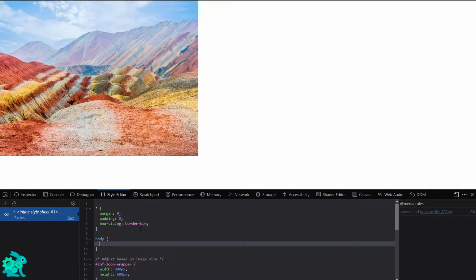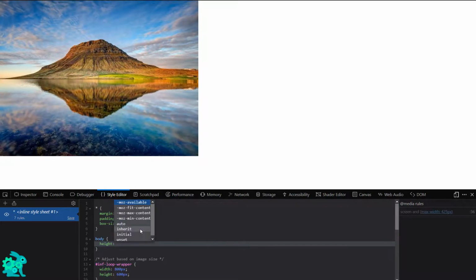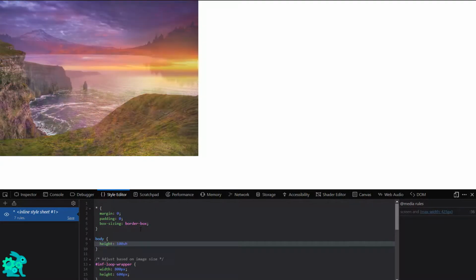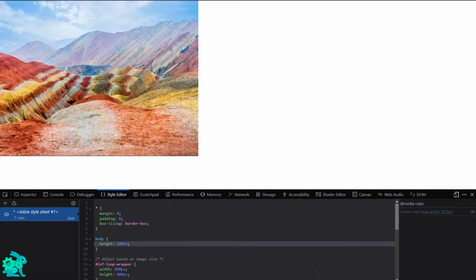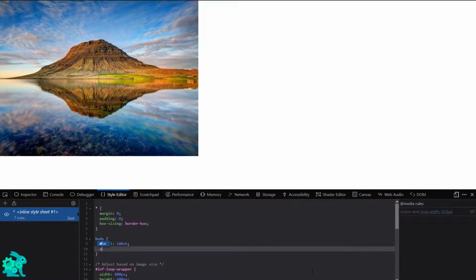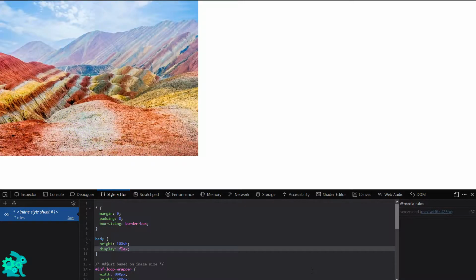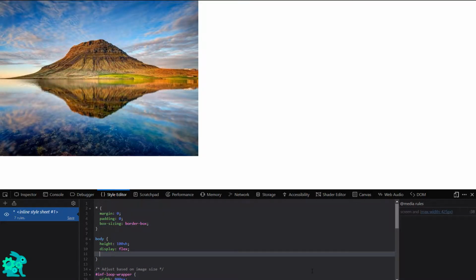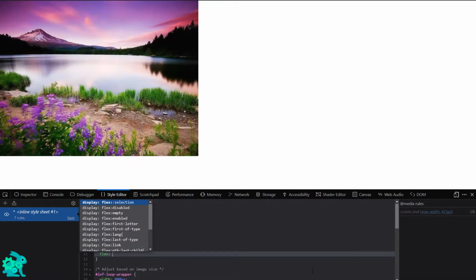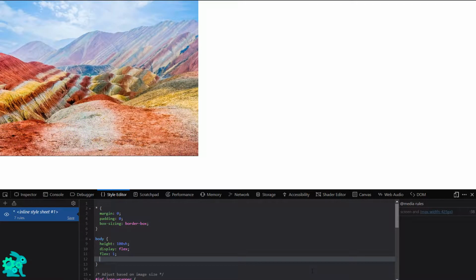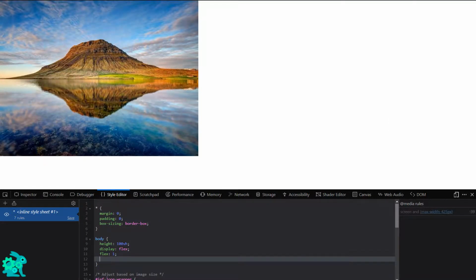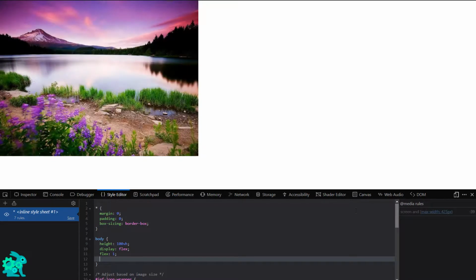First we need to set the height, and we're going to take up the 100% of the view height, which will be the full screen. The next thing we got to do is set display to flex, and that'll change the display to flex. Set flex to 1, and flex 1 basically means it'll take up the entire containing element, which in this case